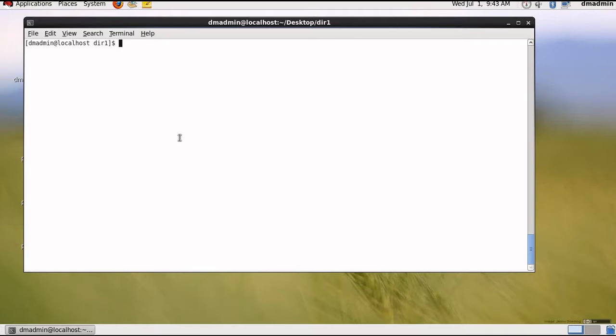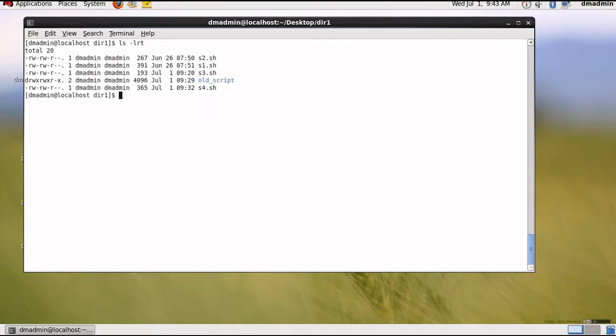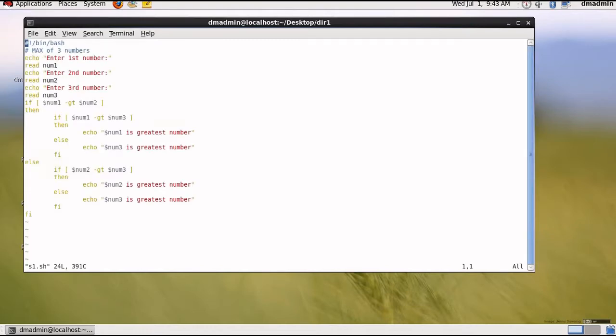So guys, now we will see the practical demonstration of what we just learned. I have already written a couple of programs. I have written 4 shell scripts, S1, S2, S3 and S4.sh, and these shell scripts implement if conditions and case conditions like we just discussed. So let us first see the script S1.sh.